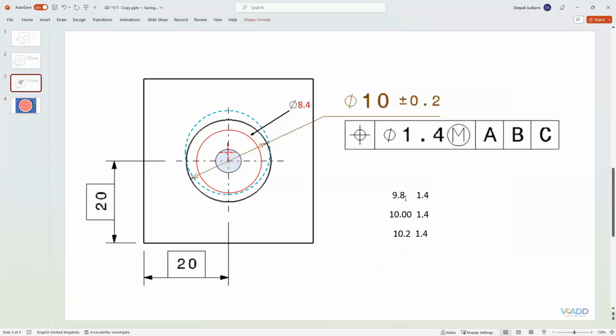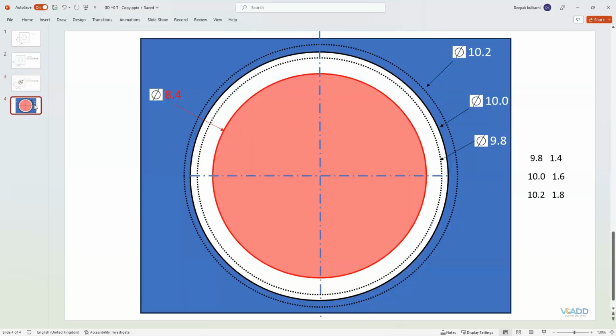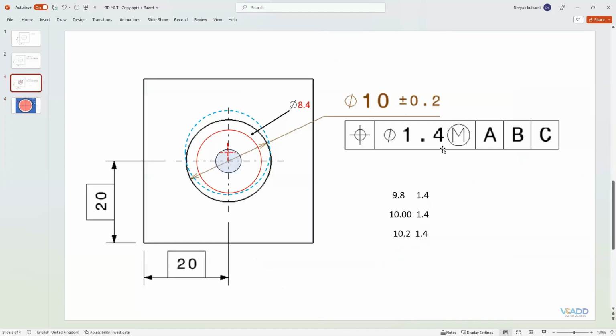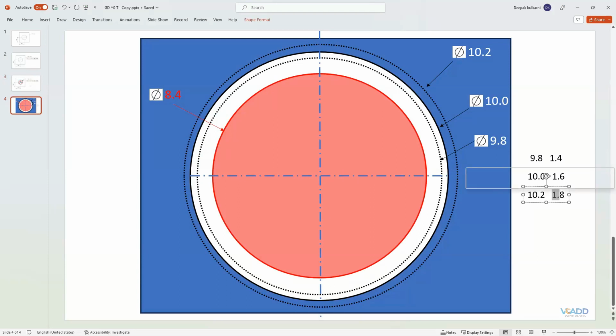So just compare this case. You can see 9.8, 10, 10.2. Irrespective of the hole diameter, your diametrical tolerance is the same here if you are not applying the maximum metal condition symbol. But if you apply the maximum metal condition symbol, you are allowing the manufacturer to get extra tolerance. If this hole is produced here, then we will get this tolerance. If the hole is produced at 10.2, then we will get this extra tolerance. So you can see 1.4 is denoted, but we are getting 1.6 and 1.8 also, which is not there in the numbers, but this symbol denotes that you can go up to 1.8, and that is called bonus tolerance. And we get this type of tolerance just by using the symbols maximum metal condition and sometimes